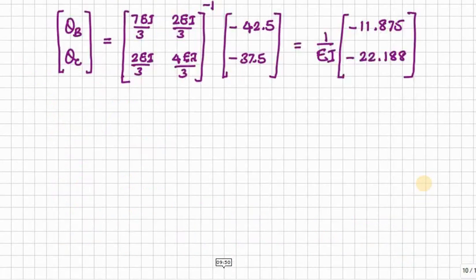So now we have delta B and delta C values, therefore we can easily calculate moments at each joint